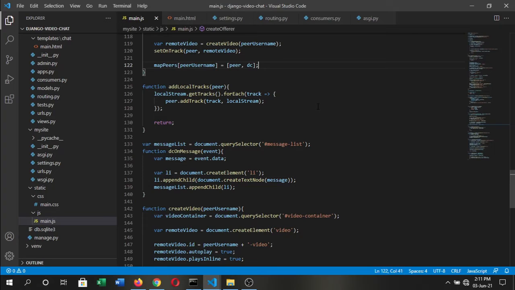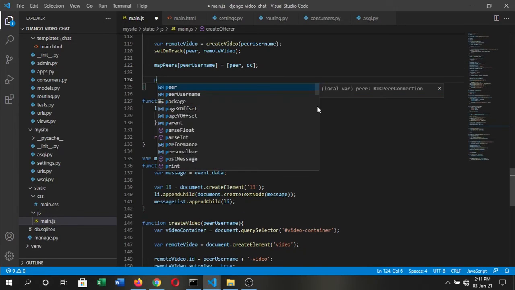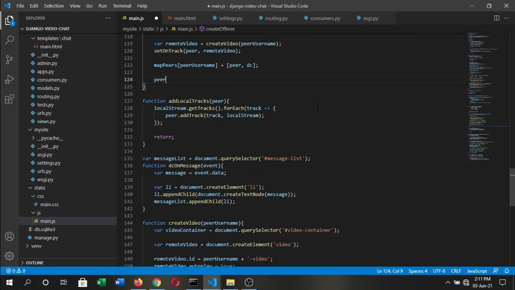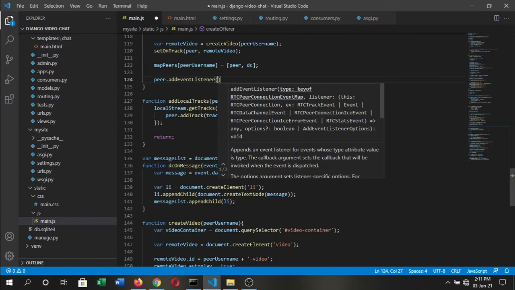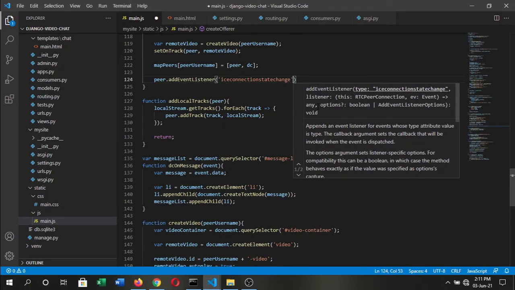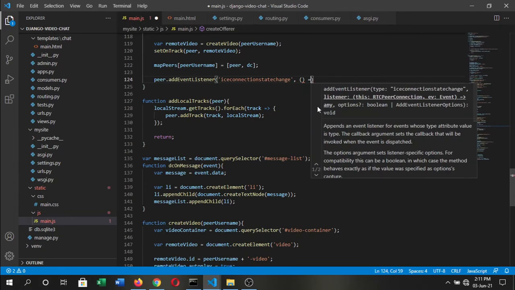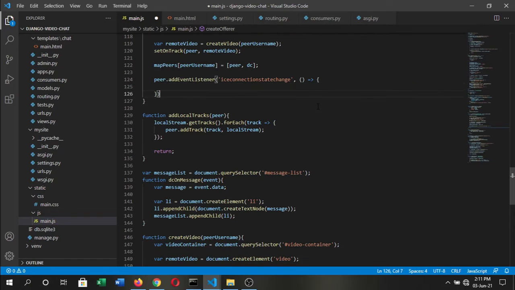Now when a peer leaves the room or cannot connect for some reason, we need to remove their video and close the associated peer connection if it is not closed already. For that, we're going to need another event listener. So let's add the oniceconnectionstatechange event listener. Let's define the function that will be triggered. Now we're going to need the iceConnectionState attribute, where iceConnectionState equals peer.iceConnectionState,